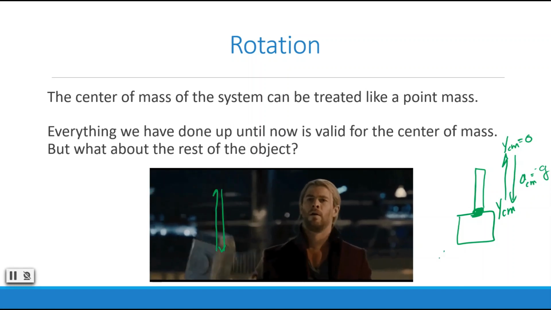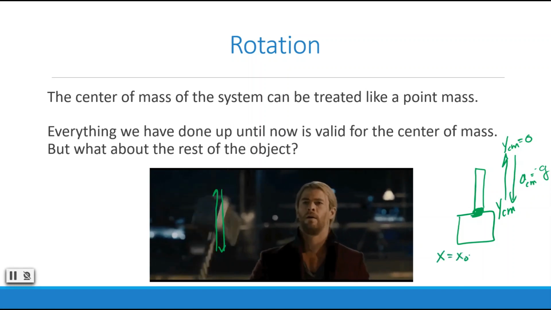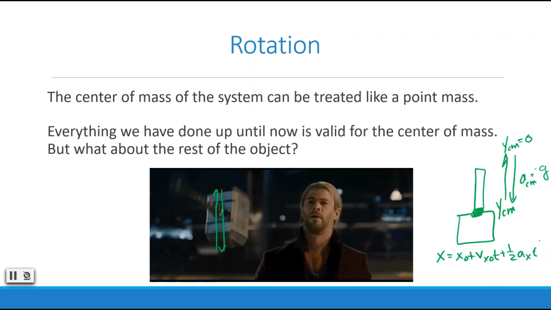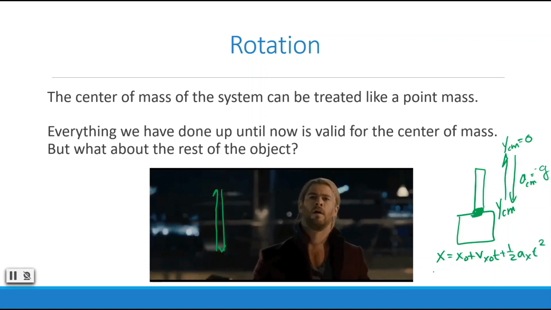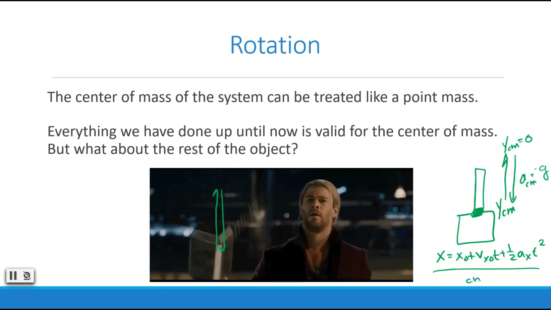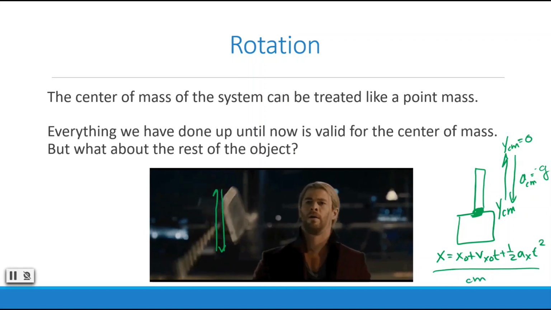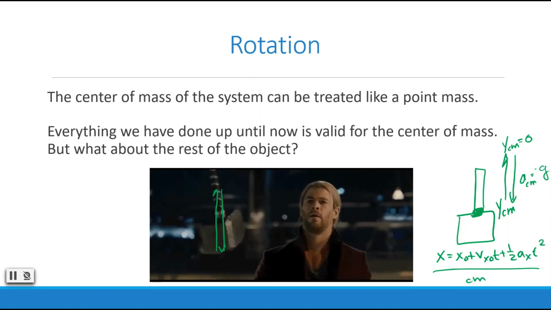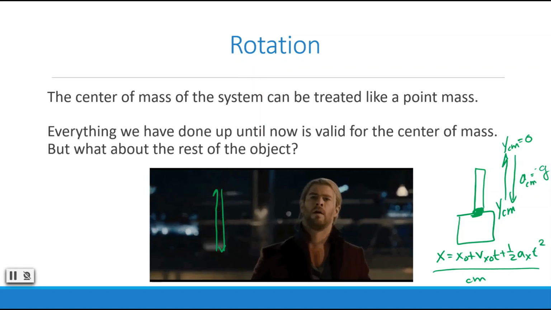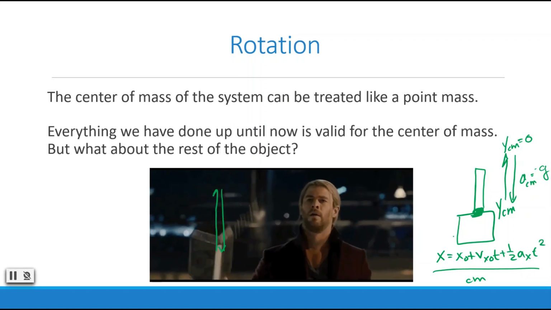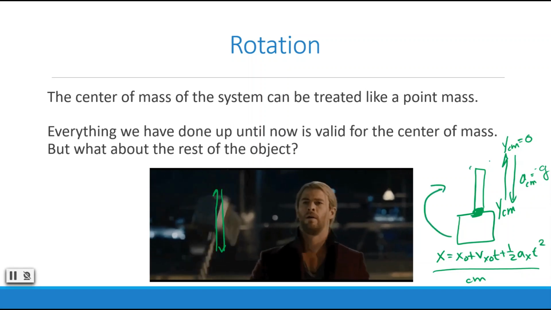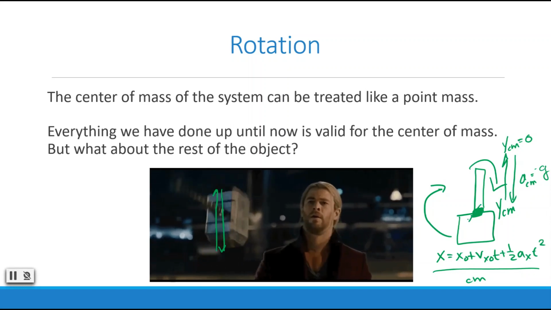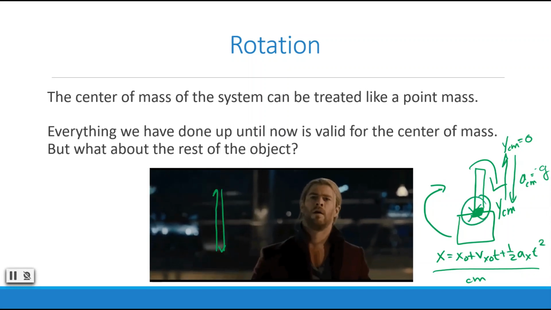You could use the kinematic equations like x equals x0 plus v_x0 t plus 1/2 a_x t squared, where you could use this in terms of the center of mass, and you can describe the motion of that hammer. And then rotation comes in for all of the other points, because as you can see, the top of the hammer and the bottom of the hammer are spinning, so they're actually undergoing rotation,